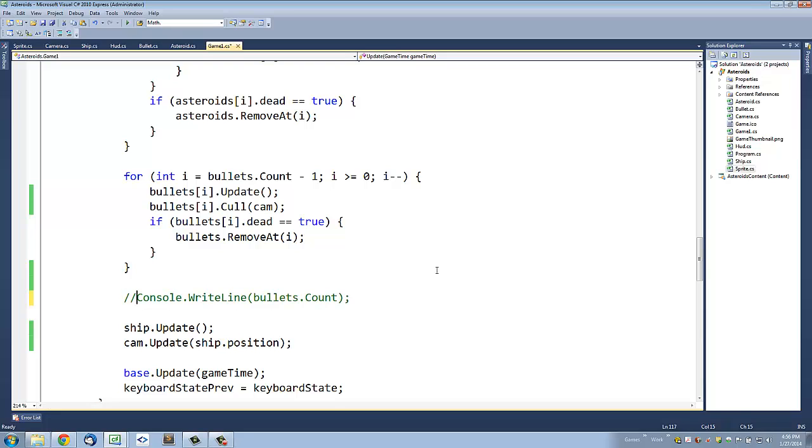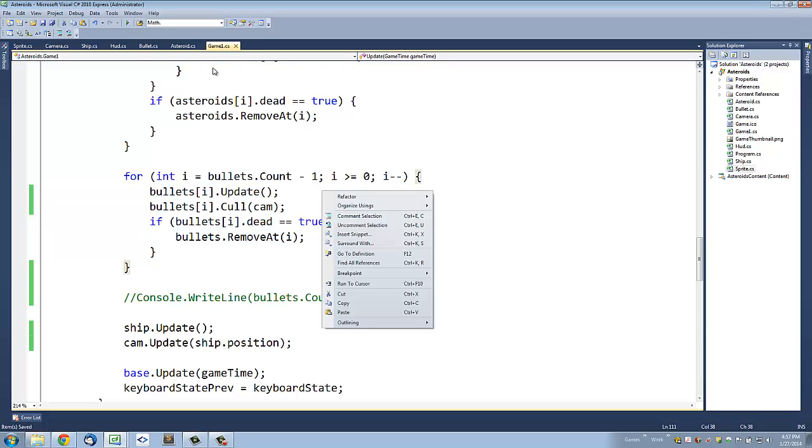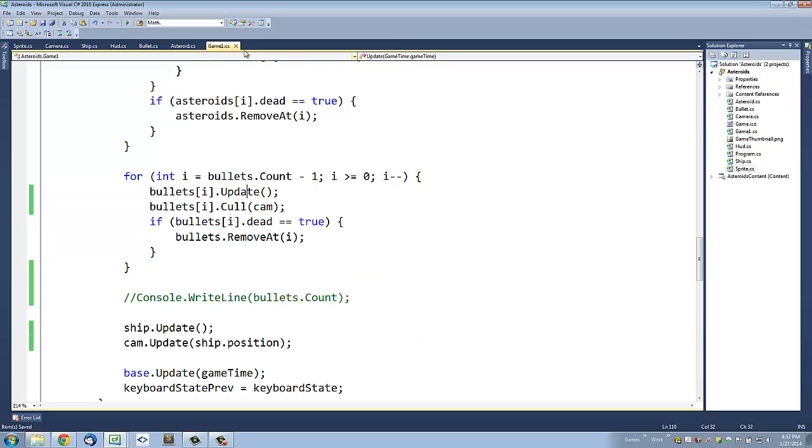Now I'm just going to comment out the Console.WriteLine. If you've got a lot of Console.WriteLines in here, it'll actually slow your program down, so just use those for debugging purposes and not actually at runtime. Okay, so we are properly culling our bullets, and that is a great start. However,